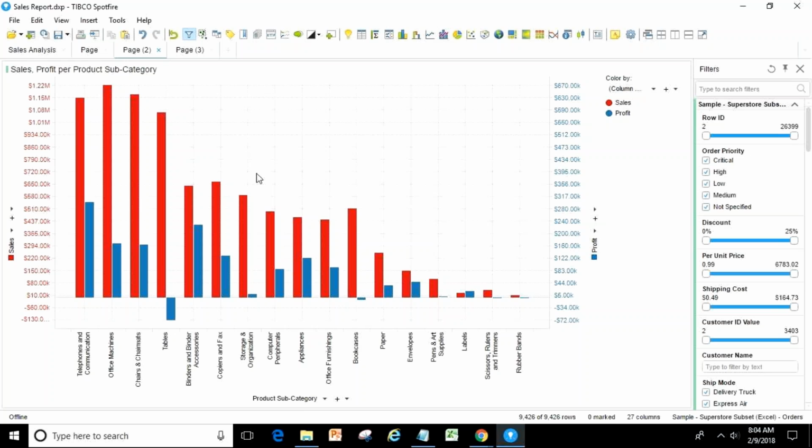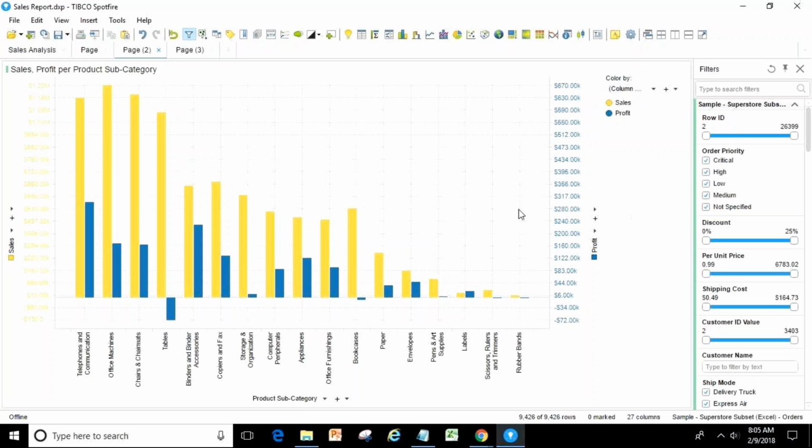Like this, you're getting the side by side bars. One scale is for sales, and on your right hand side you have another scale which is used by profit. Earlier I was getting the same thing, but the scale was single, so it was not looking that appealing. Now this one looks better than before. So this way you can use the bar chart. You can use any colors, it's all up to you.